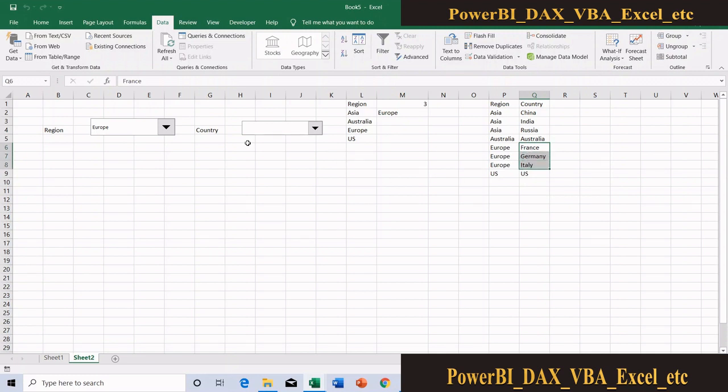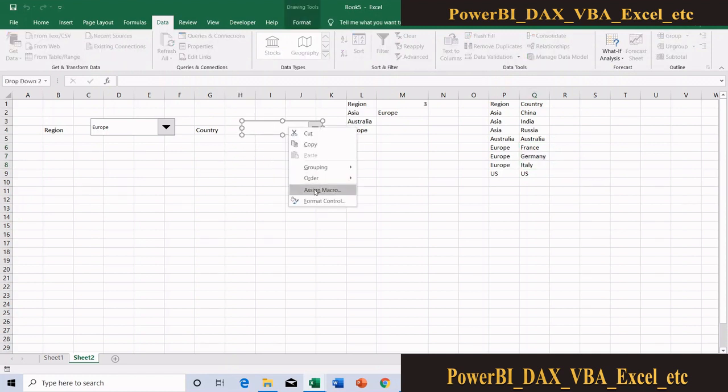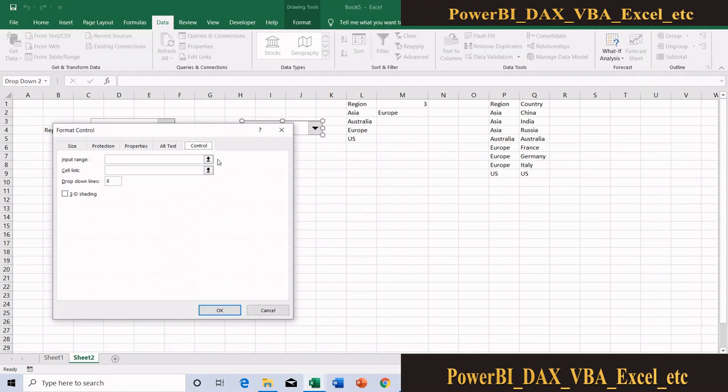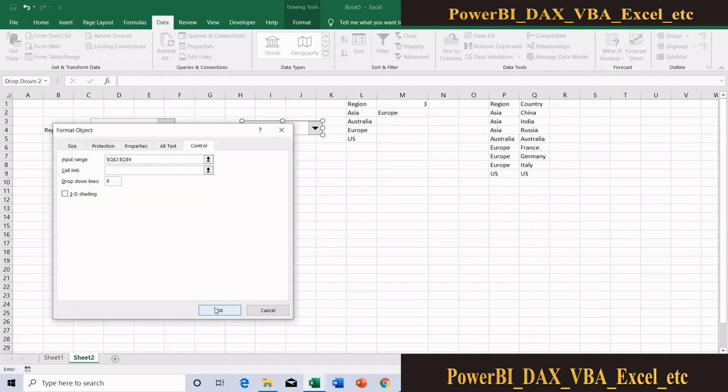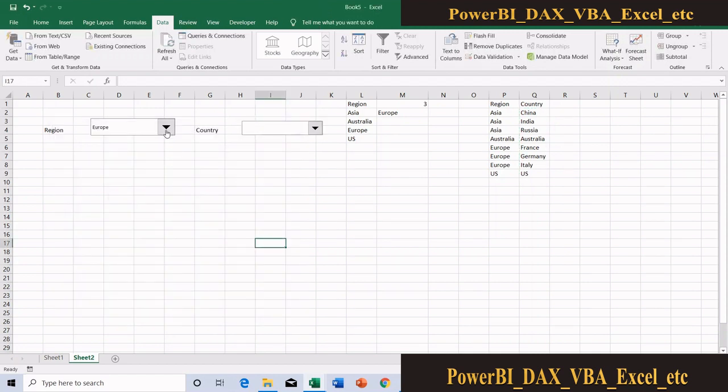How is it possible? Suppose I right click here, format control, and I select this country, then this is not good, because if I am selecting Europe, I have all the countries. If I am selecting Asia, then also I have all the countries. This is not good.